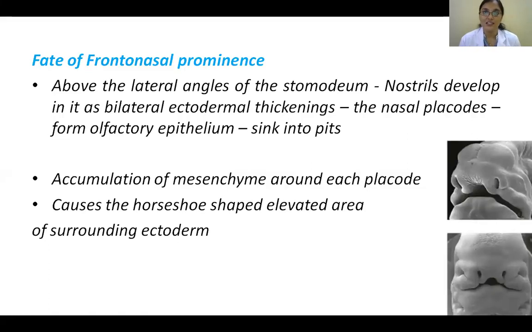To understand this, imagine you just put a blanket. You select an area of design there, and on either side you start putting some cushions. Add more cushions. So again there'll be elevations, and then this will be like a pit. The same thing happens here. Once the ectoderm thickens and is destined to form the nasal placode and the olfactory epithelium, the surrounding mesoderm, the mesenchyme, starts proliferating. So again, there is an elevation around it. Now the elevation around it will be called the medial and lateral nasal process.